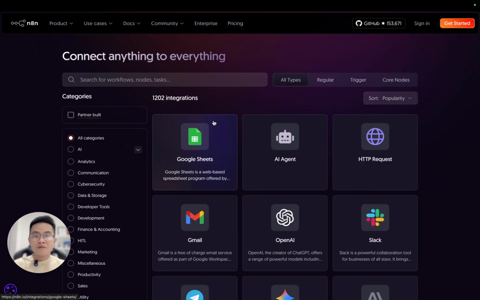And you can also use Google Sheets to add data in write mode, right? For example, append new form submissions, or maybe chatbot conversations, or you can also log customer inquiries, or maybe ticket updates from a CRM, right? So there are many use cases, many scenarios that you can use with your Google Sheet. So today I'm gonna show you how to use the Google Sheets integration from scratch.